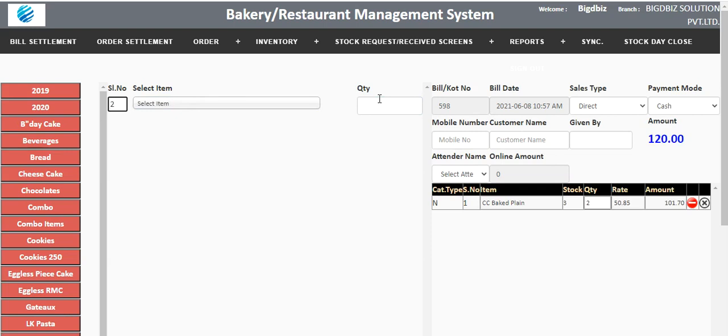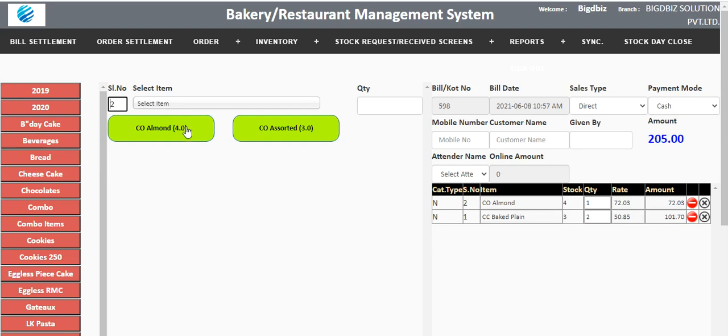Automatically a number is added. Otherwise, you can use this one also. You can see here the 4 is nothing but the inventory, that is the stock available inside our godown or in our shop. Once you complete this, it shows the current stock and what is the placing stock. And if you click multiple times, the quantity will increase here.